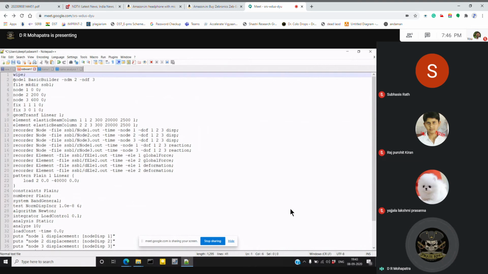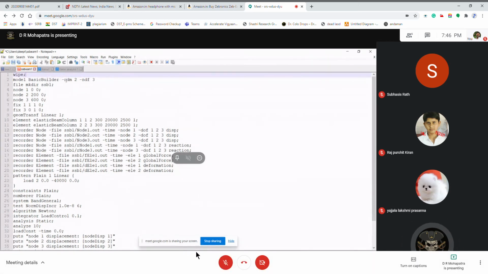So this is model BasicBuilder. It defines how many dimensions and how many degrees of freedom you are going to give your model. The first thing, I'm going to model a two-dimensional beam. So I did model BasicBuilder, with number of dimensions, NDM, meaning number of dimensions.